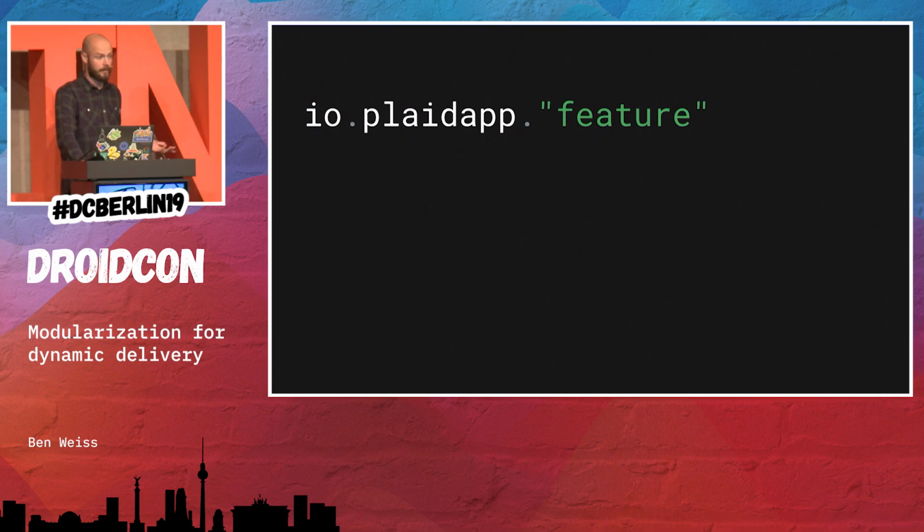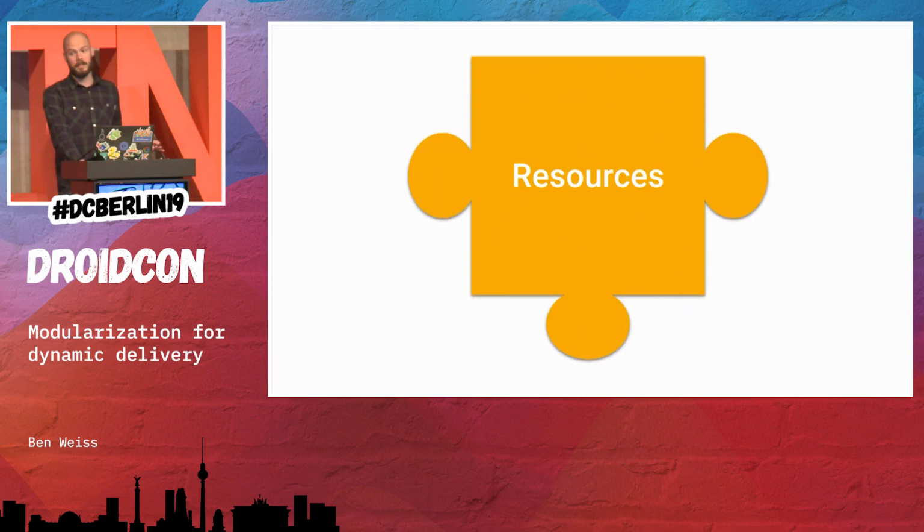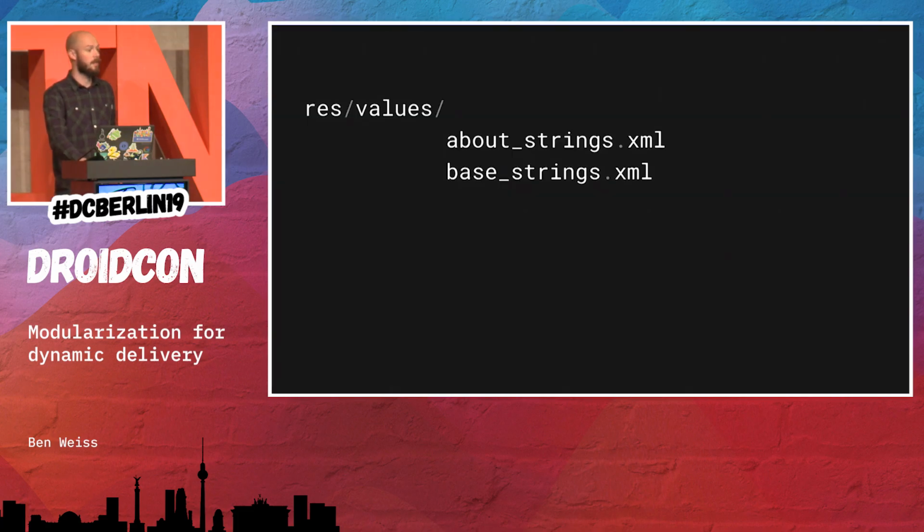From there, once we had done this, we took a look at our resources. And I know that Nick and Chris just talked a lot about resources, and Chris shared a couple of tips on how resources should be structured. I would go even further, especially in modularization. You should not just have a strings file, for example, but you should have strings based on module names. So if you have an about module, you want to make a strings file which is called about strings. For the base module, one that's called base strings, and put all the strings that are relevant in there. In the end, those will live in the dynamic feature module, but for the first step, while you're getting there,